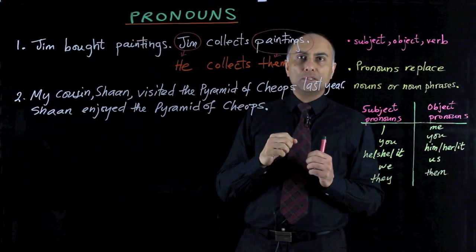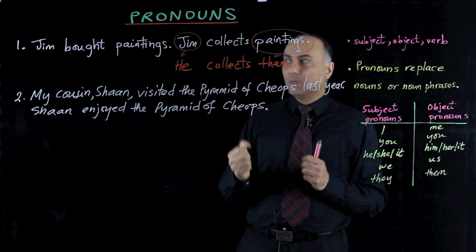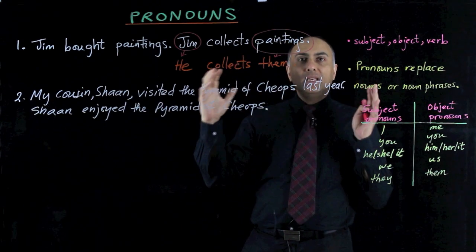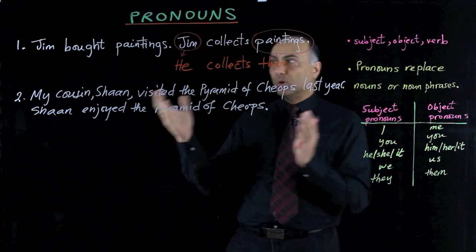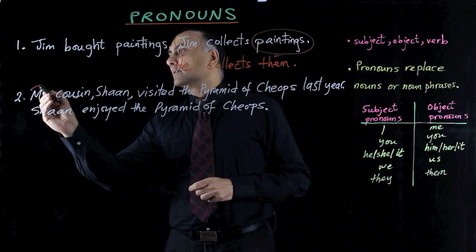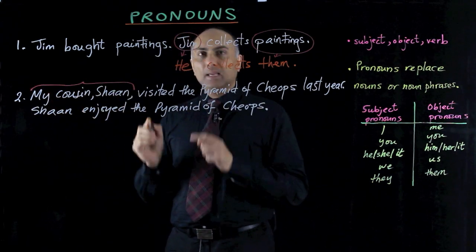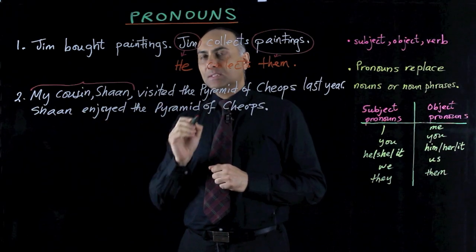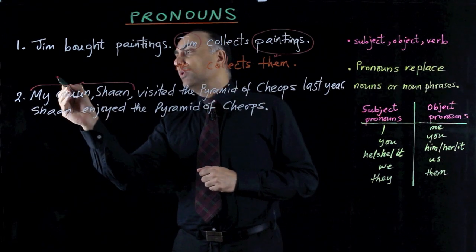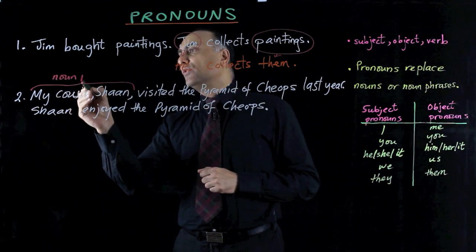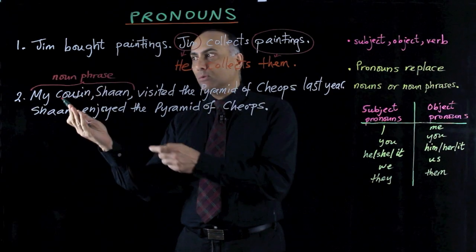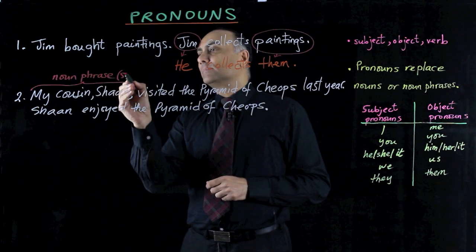Let's do that. The easiest place to begin is normally the verb, which in this case is visited. Then you think, who did that verb? Who did the visiting in this case? And it was my cousin Shan. Now all of that, my cousin Shan, is the subject of this verb. And because it's not a single word, we wouldn't call it a noun, we would call it a noun phrase. So a noun phrase is simply a collection of words that function as a noun, and that is the subject